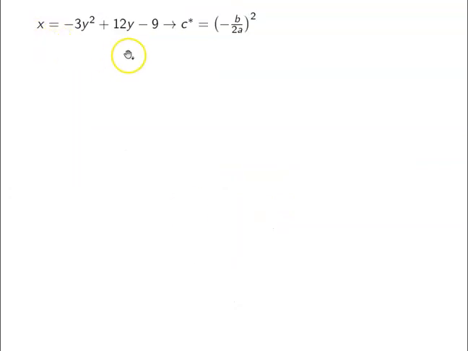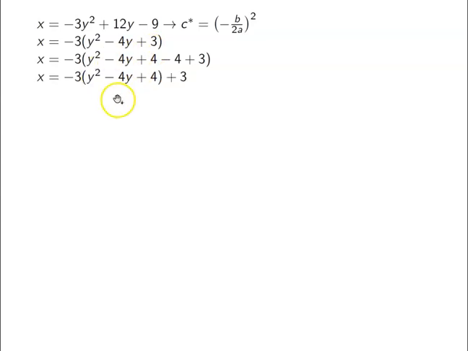So I take my function. In order to do this, say y equals just one thing. This does factor nicely, but I would need to complete the square. Okay, so I'm going to pull out this -3. So if I did try to factor, it would be a -3 minus 1, right? Which we know. But we'll go ahead and